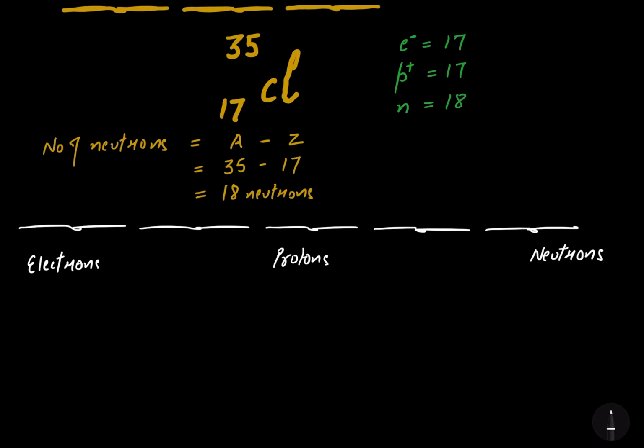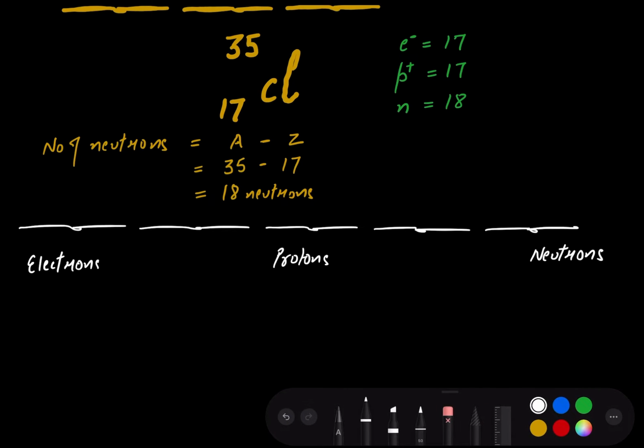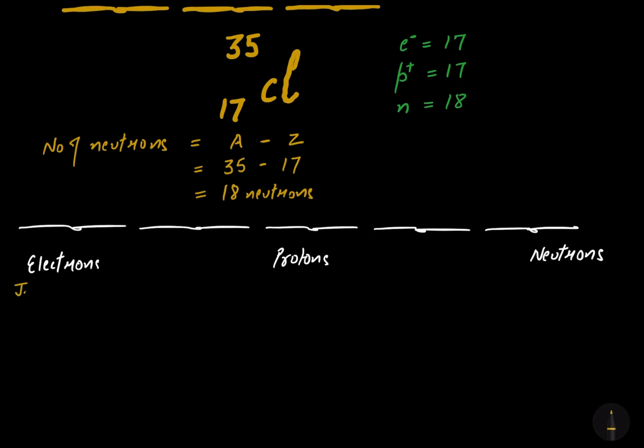Electrons were first discovered by Sir J. J. Thomson in the year 1897. The protons were discovered by Goldstein in the year 1909, and the neutrons were discovered by